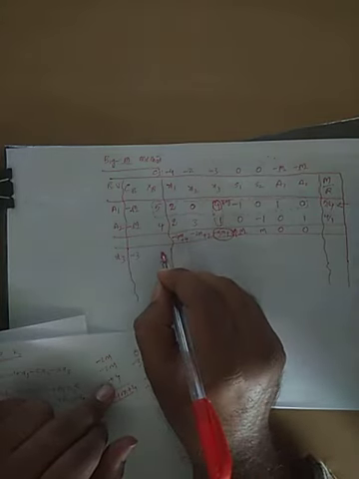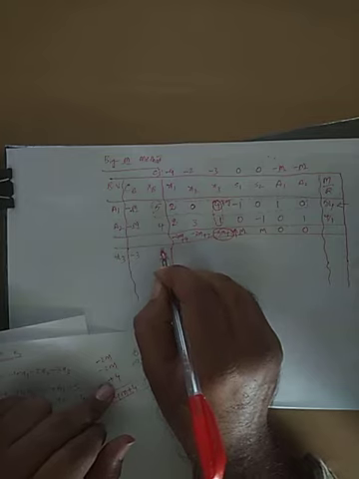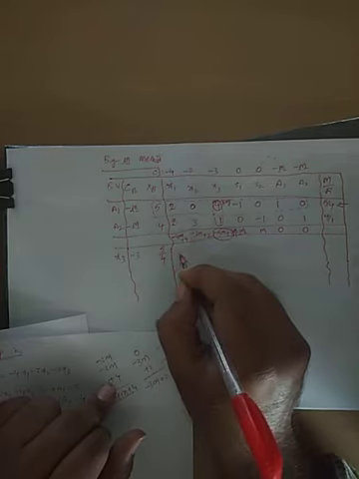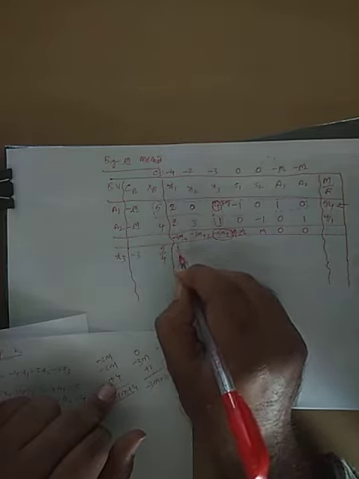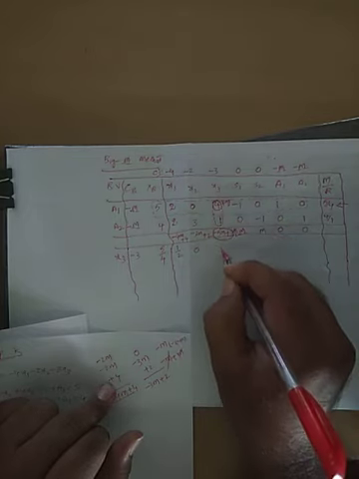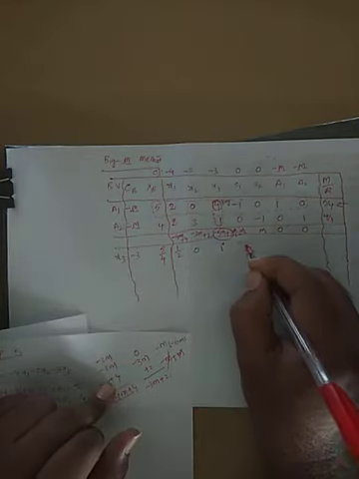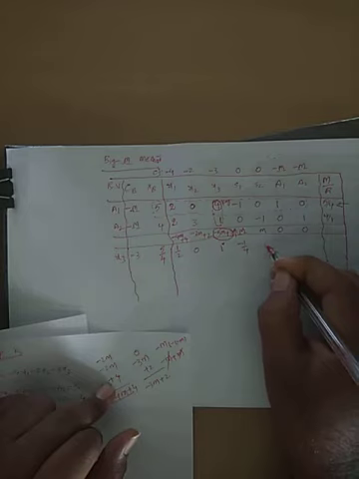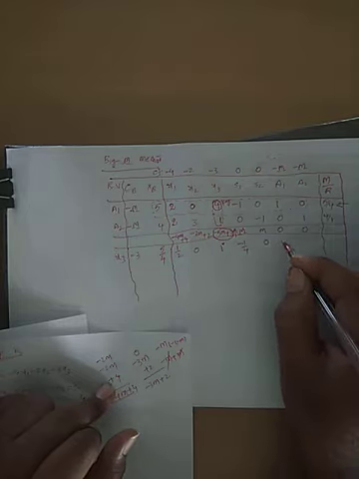Don't use a calculator. Strictly prohibited in the simplex method. So putting 5 by 4. Next, 2 by 4, which means 1 by 2. 0 by 4 is 0. Now 4 by 4 is 1. This is required. Hence star, key element converted into 1. Now this becomes minus 1 by 4. 0 by 4 is 0. 1 by 4 will be as it is. 0 by 4 is 0.